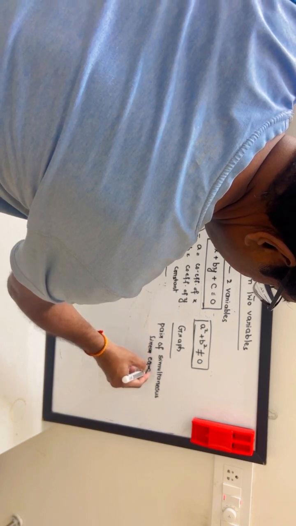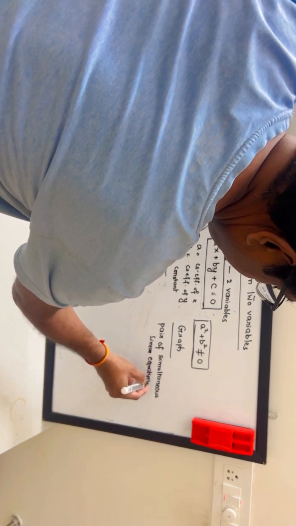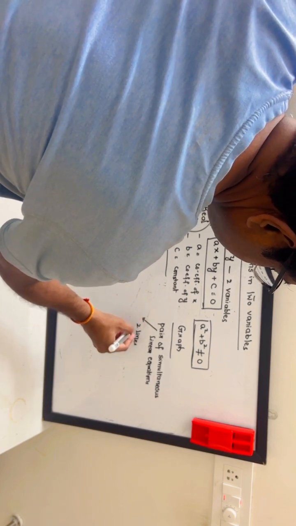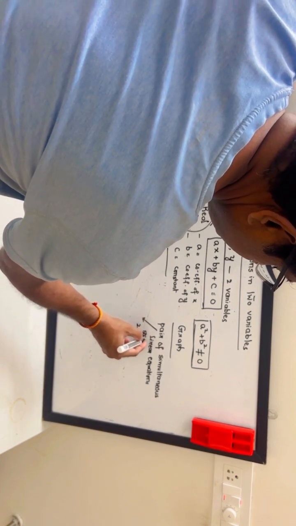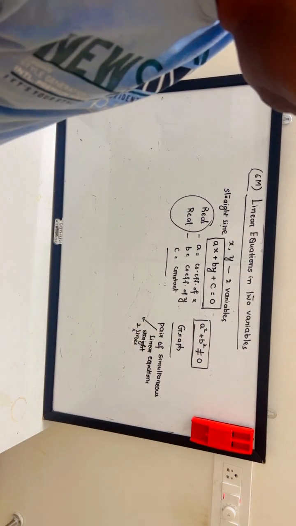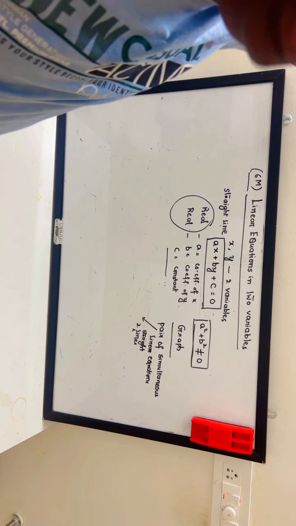What do you mean by a pair? Pair means two lines, two straight lines. When you have a pair of simultaneous linear equations like this, suppose